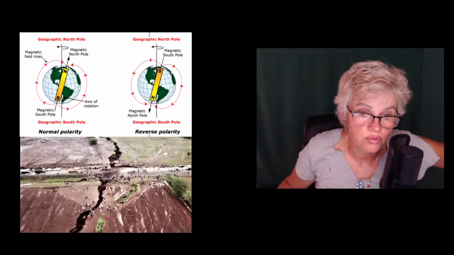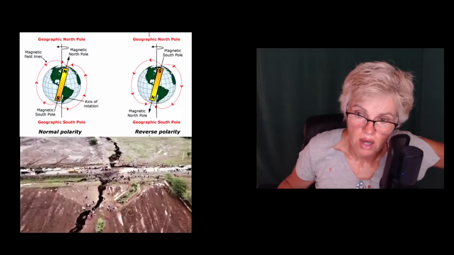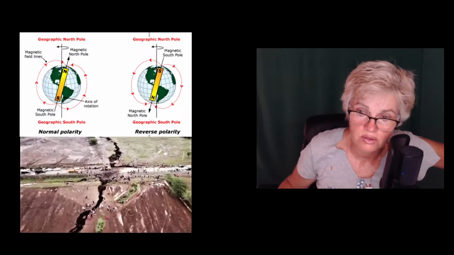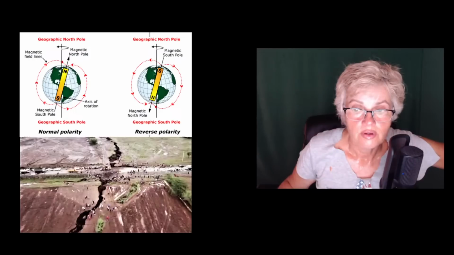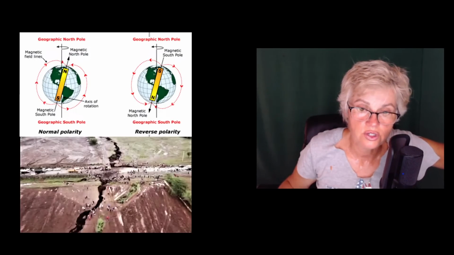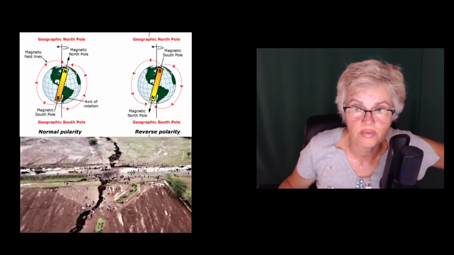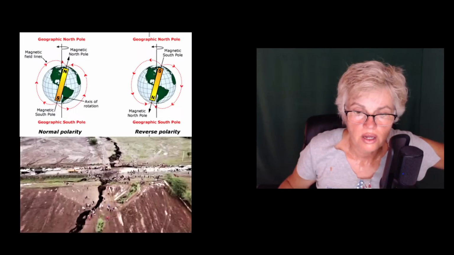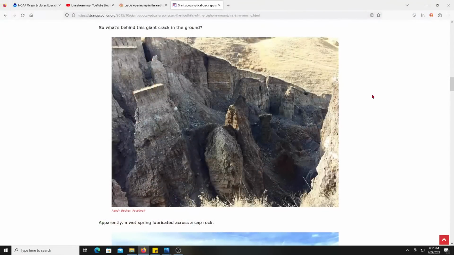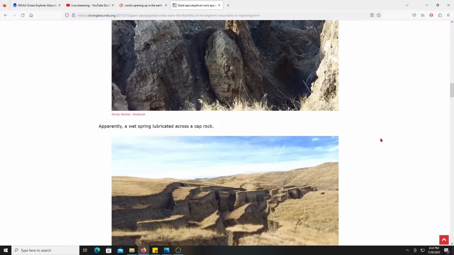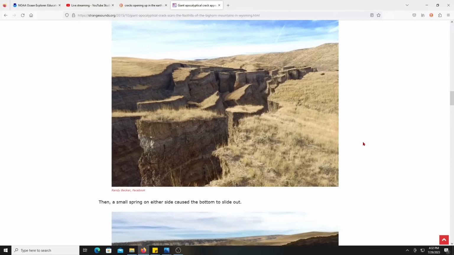I would assume the giant apocalyptic crack in the Bighorn Mountains in Wyoming. Oh, we get to look at that. That's 2015 too, so it's not just in the one place. And if it's apocalyptic, that means it has something to do with the apocalypse, maybe. Apparently, a wet spring lubricated across a cap rock.